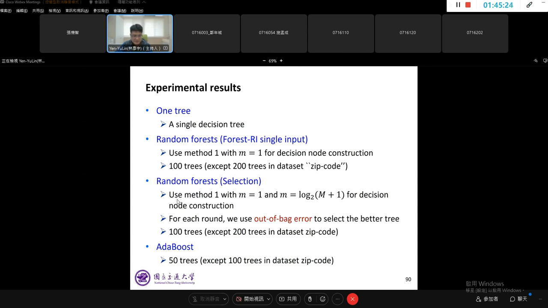Just like the first variant, we use method number 1 to control the decision node. In this case, let's consider 2 choices of the value of m. The first one is to set the value of m to 1. And the second choice of m is set to log of m plus 1. Okay, m is the number of data dimension. So based on the 2 different values,